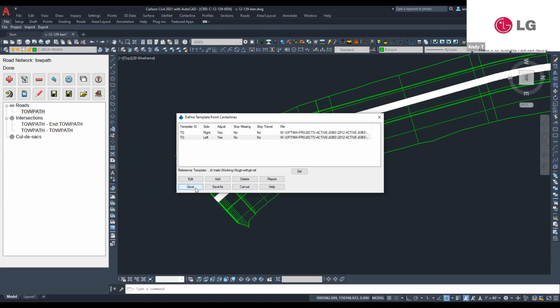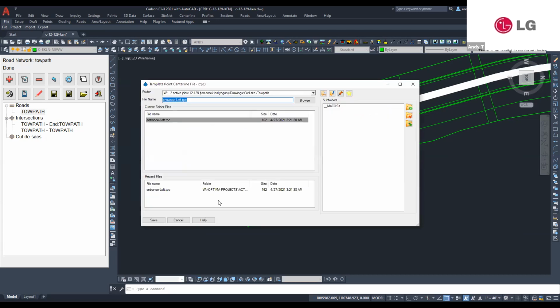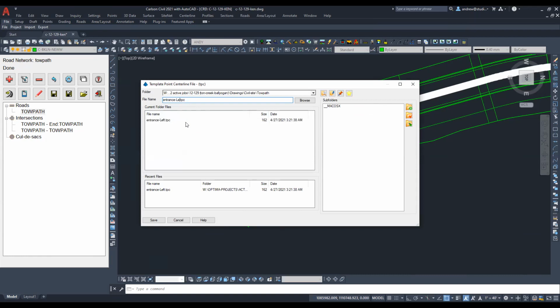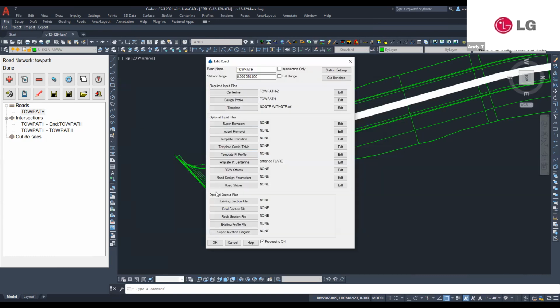All right, so do you want to save this or not? Save as. Okay, and instead of entrance left, let's just call it entrance flare because it's now no longer just left; it's the whole thing. Okay, save that. I wondered if it would change the name in the left-hand list, which it did. Otherwise, when you do a save as, I think this happens in templates, it doesn't automatically switch to it. You have to hit that button. But everything's good. We say okay,